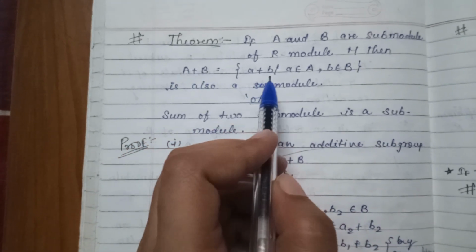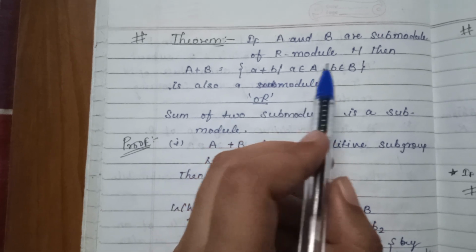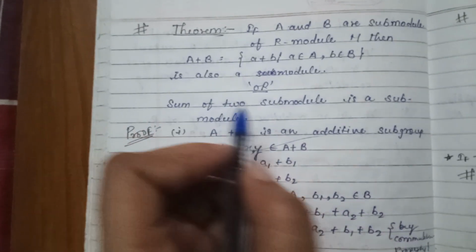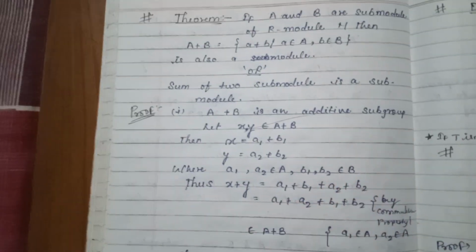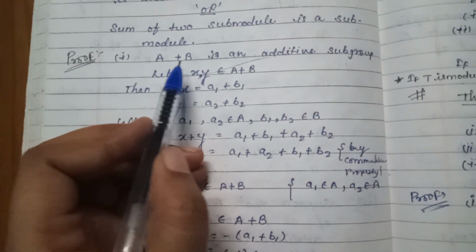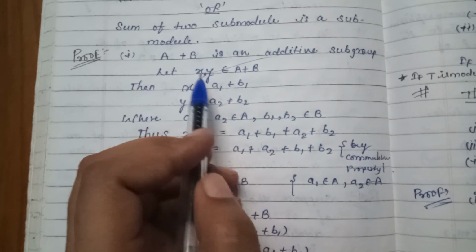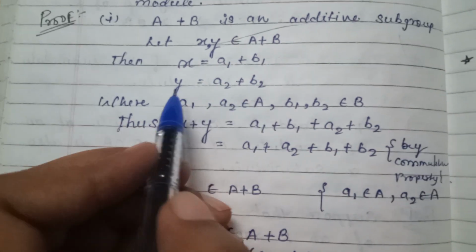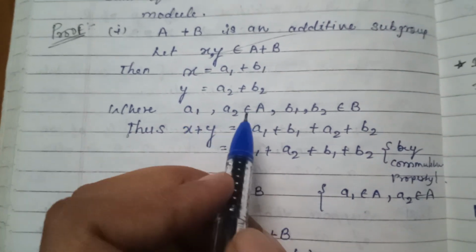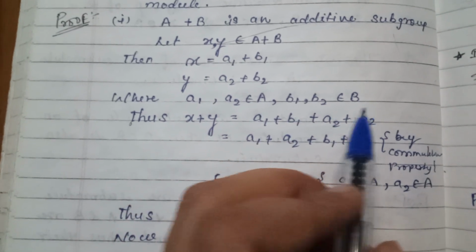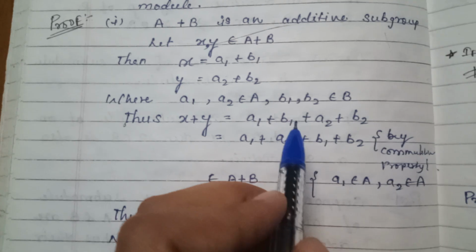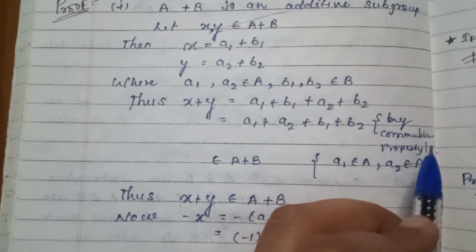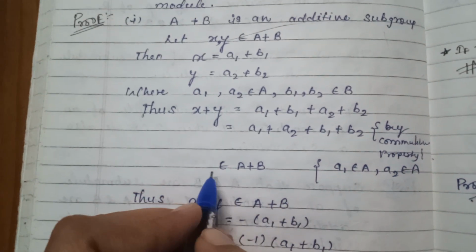Now there is another theorem: if A and B are submodules of R module M, then A plus B, which is equal to a plus b such that small a belongs to capital A and small b belongs to capital B, is also a submodule, or sum of two submodules is a submodule. So for proving it, first, A plus B is an additive subgroup. Let x, y belong to A plus B. Then x is equal to a1 plus b1 and y is equal to a2 plus b2, where a1, a2 belong to A and b1, b2 belong to capital B. Thus x plus y is equal to (a1 plus b1) plus (a2 plus b2), which is equal to (a1 plus a2) plus (b1 plus b2) by commutative property,